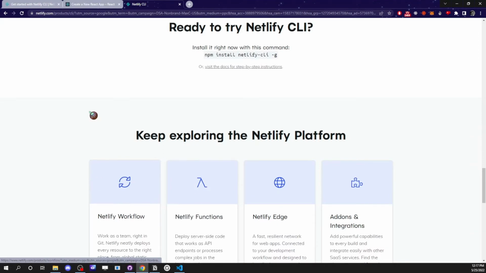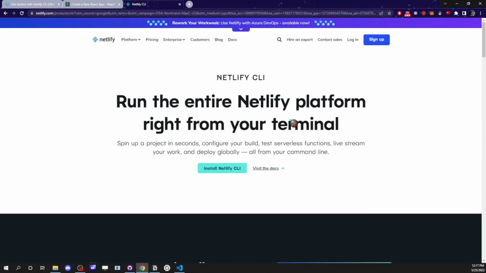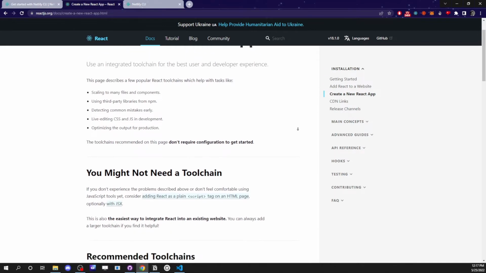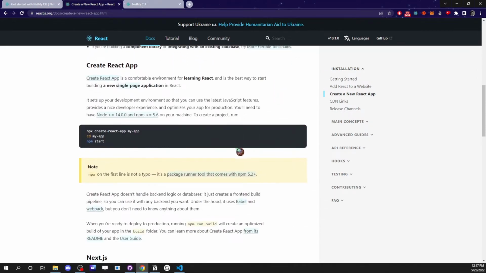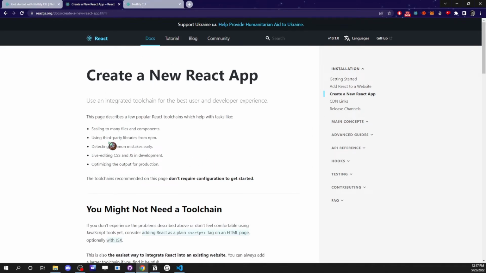If you do not have this installed, I highly recommend you do so because you will be needing this to follow the guide. And then after that, you will need to be comfortable as well with creating our applications with the Create React App command line. If not, I also recommend you just go through this guide really quickly just to understand what it is